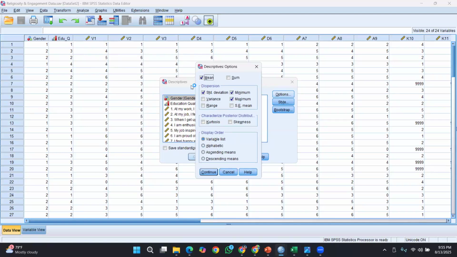Here you have to select whatever descriptives you want: mean, standard deviation, variance, maximum, minimum, kurtosis, skewness.